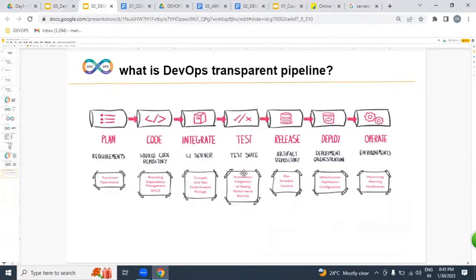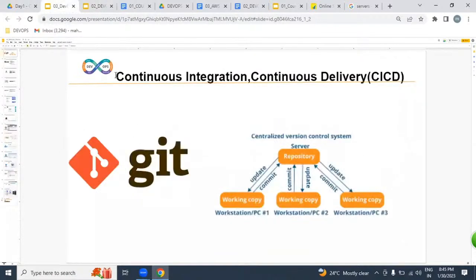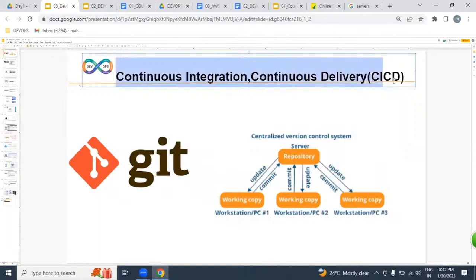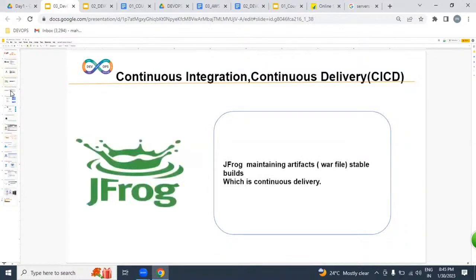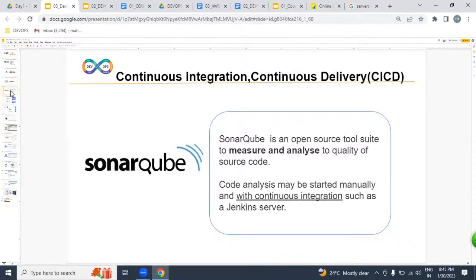Our DevOps process. First, let us understand. We are going to be implementing CI/CD, continuous integration and continuous delivery. In this CI/CD process, we are going to be learning Git, Maven, Jenkins, JFrog, and Sonar. With the help of these five tools, we are going to be implementing